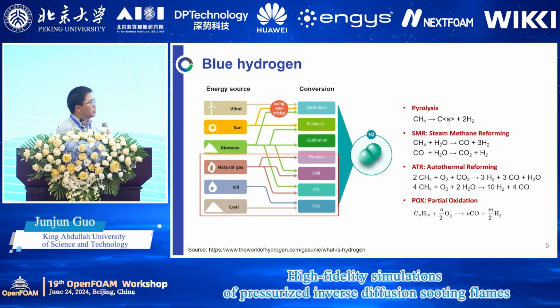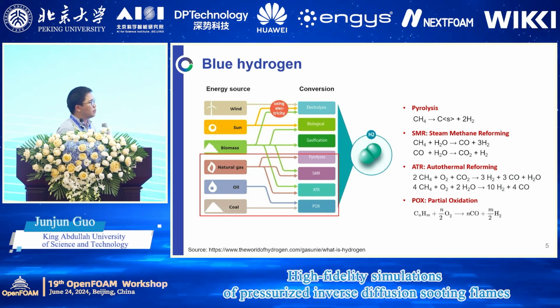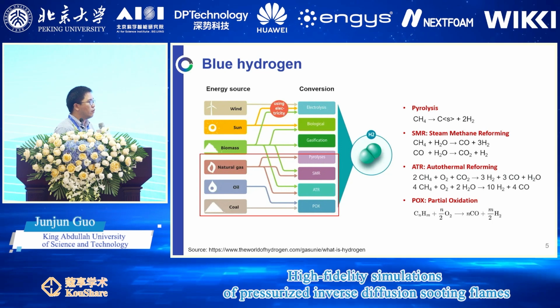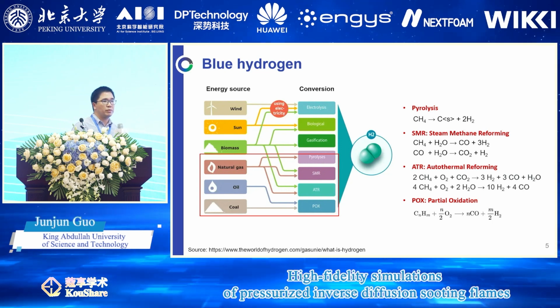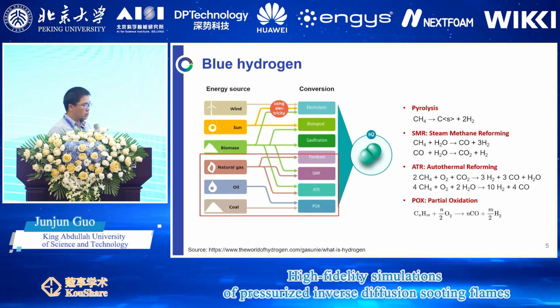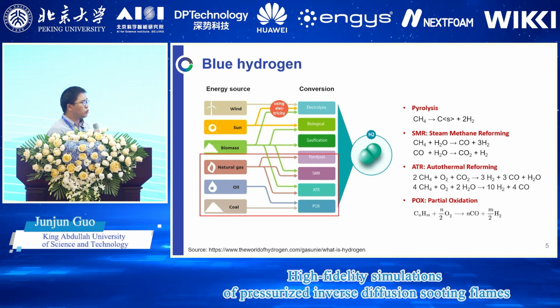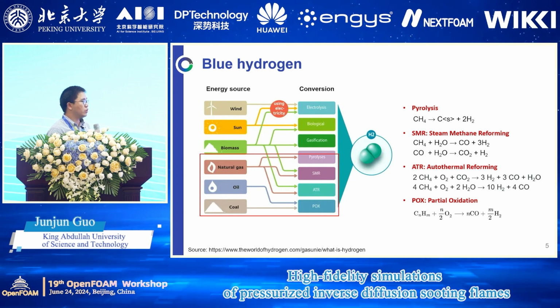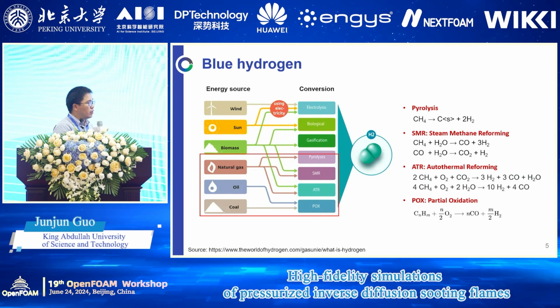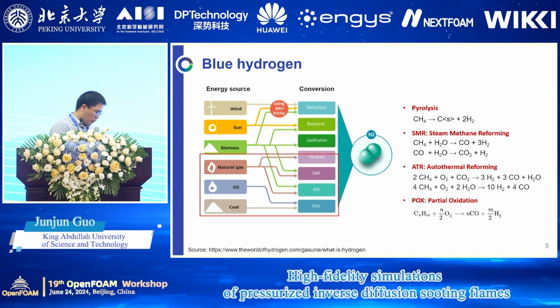You see from the reactions that the autothermal reforming and the partial oxidation involve some partial oxidation, so there's some heat released. This means you don't need to provide external heaters, and all the flue gas makes it easy to achieve carbon capture. So both technologies are more and more popular nowadays.